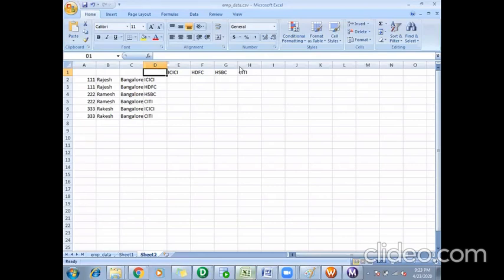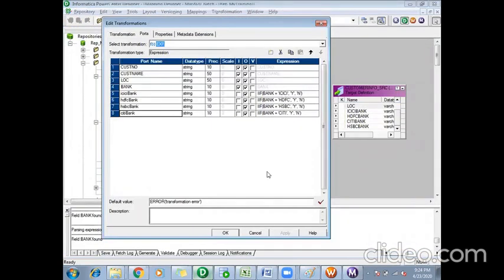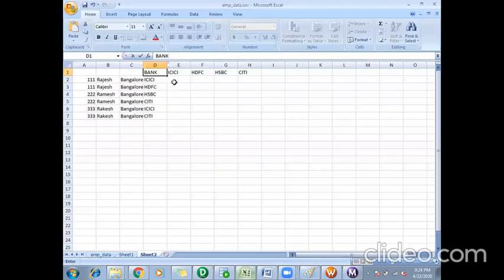Yeah. Okay. So here, this is my bank port. What I'm saying is, if bank value equals ICICI, make it Y. So it will be Y here, and for all other ports, it will be N. Because for this one I'm saying if bank equals HDFC, but it is ICICI for the first record, so it will be null.